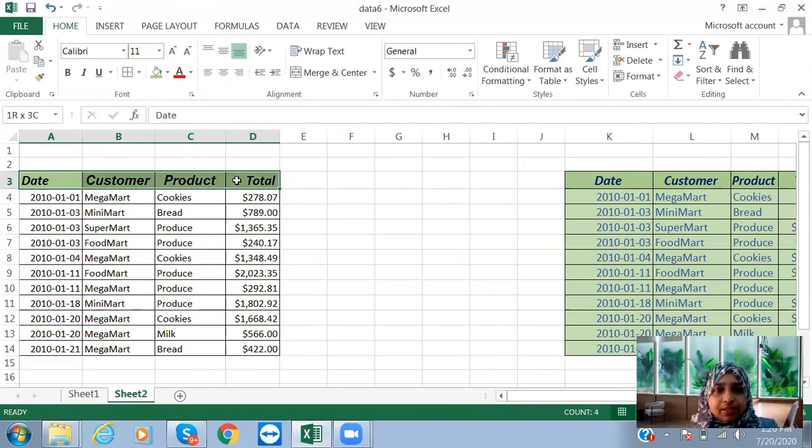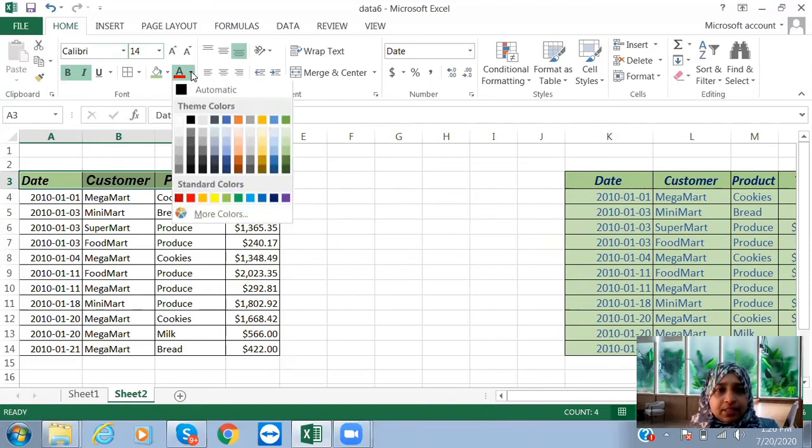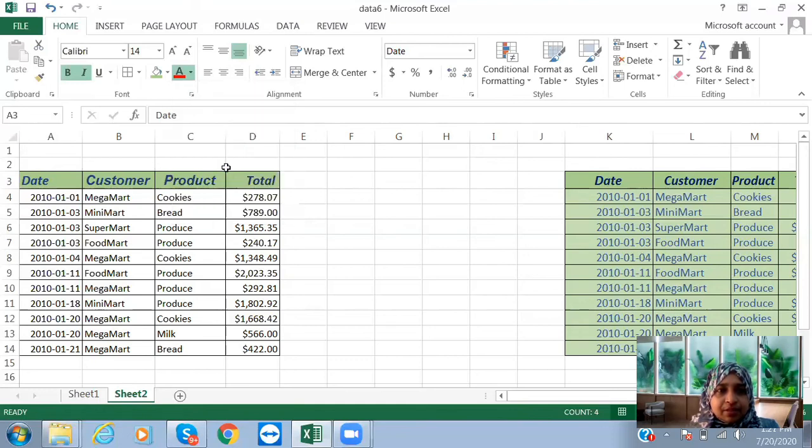That also just adjust it. How to do that? Just select it and then come back here, the font color, you can change it here. So which color they have used? Somewhat blue, right? So just see here, I think this one, not this one. So you can take whatever matching color you can use. You can give this one, somewhat it is matching, right? Now we have given border, we have given everything, I guess.